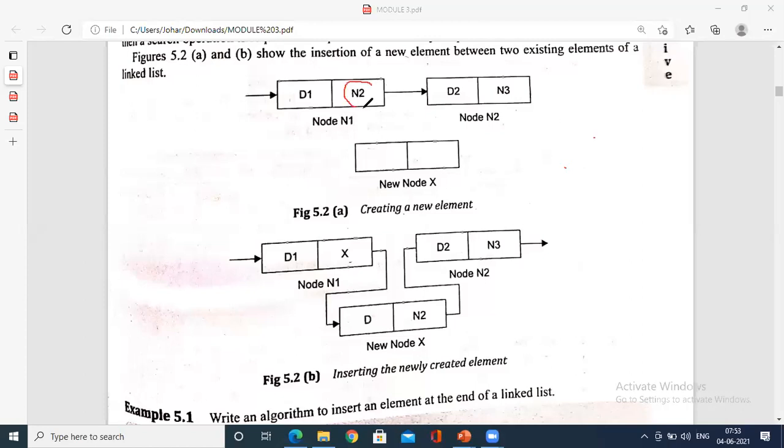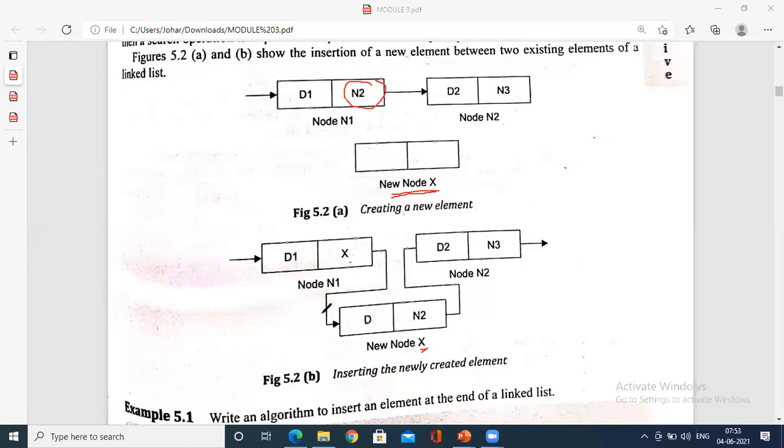You have to free this. You connect with the new node. New node x is being connected. Why it becomes x? Because this node holds the address of the new node called x. So this value becomes x. This compartment holds the address of the new node. What is that new node? X. So x will be inserted over here.